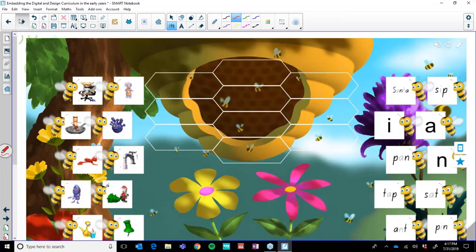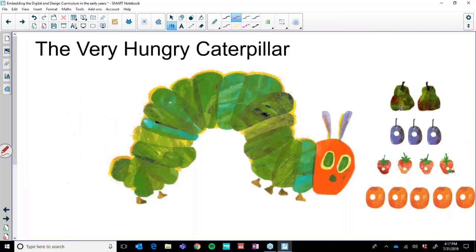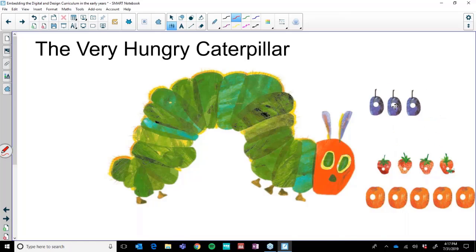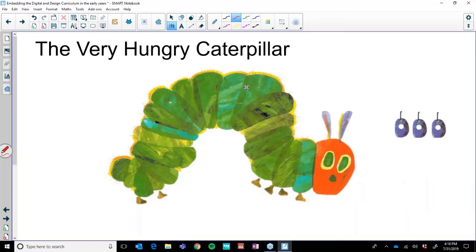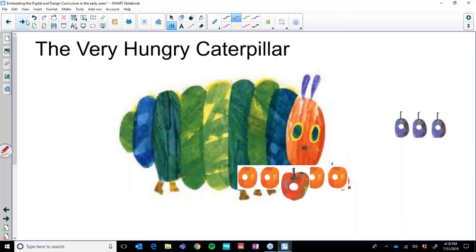Okay, this is where we started to look at trying to, rather than doing hotspots or spot lessons, we started looking at doing sort of units of work and building on our skills. So in this one, we started talking about digital narratives, and the students were using all of these activities to feed the caterpillar, and then click the caterpillar, and all of a sudden the caterpillar was really big. And we just used that by layering effect, and they retold the very hungry caterpillar.